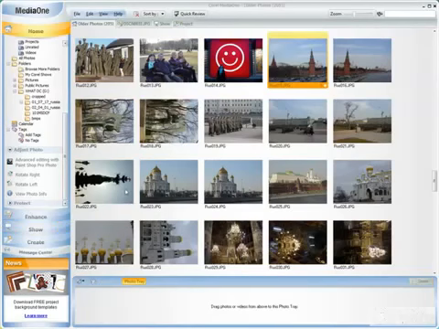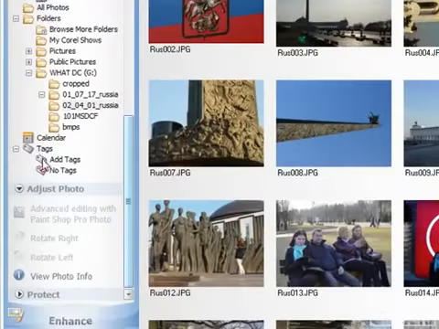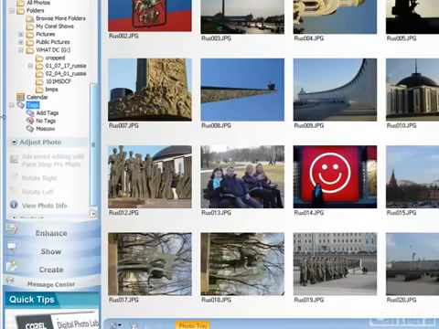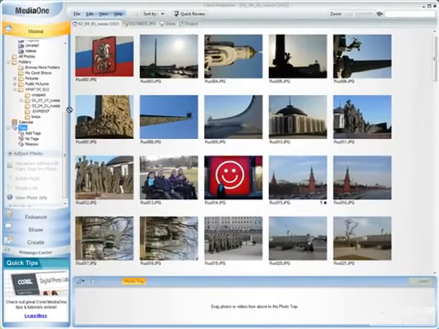The implementation of tagging images is actually pretty slick. There we are over in tags. You can create a new one by add tags. I'm going to type in Moscow because that's where the photos were taken. There it is, there's the tag, and then it's a case of dragging and dropping it onto each image. And you can create multiple tags such as Russia, Kremlin,